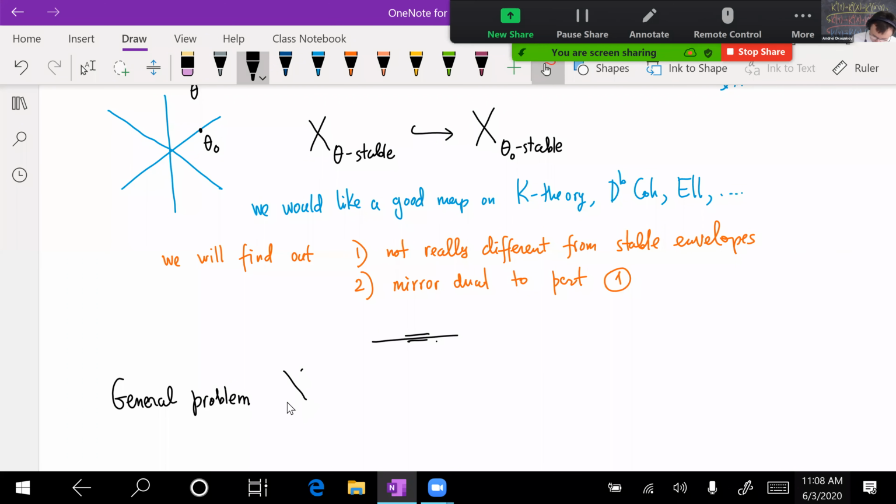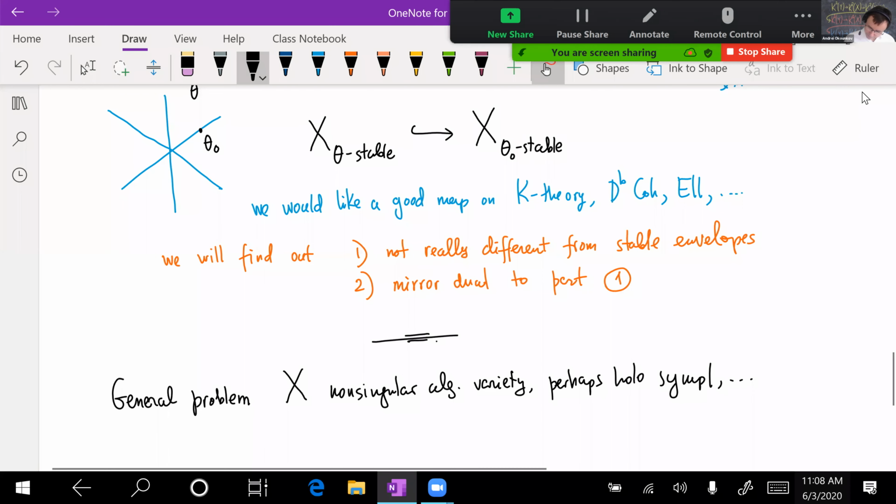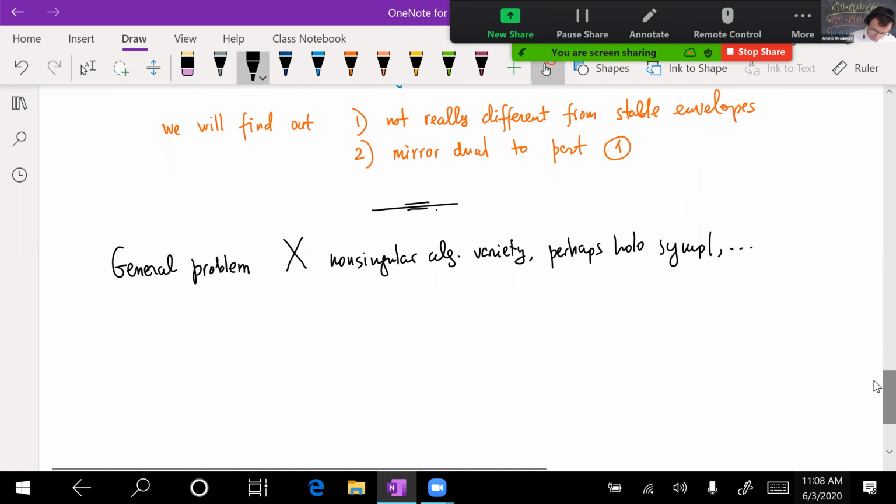X is an algebraic variety, with some assumptions; say smooth, or singular, algebraic variety, with some assumptions, perhaps holomorphic symplectic, and so forth. And we have an action of a torus A,